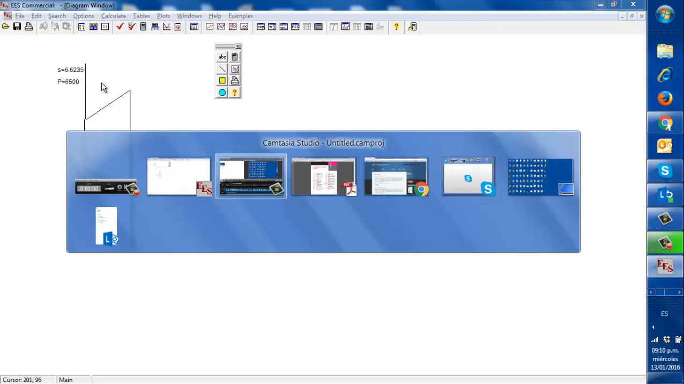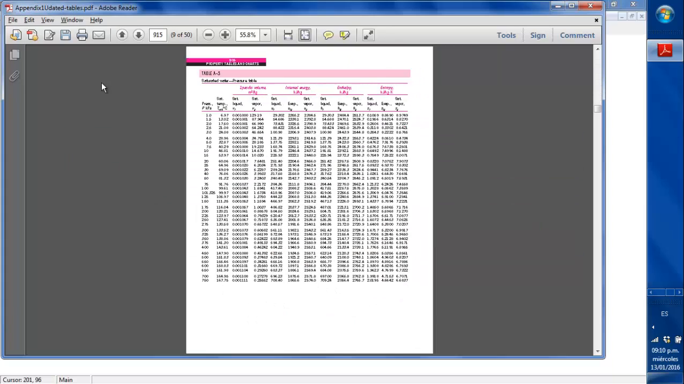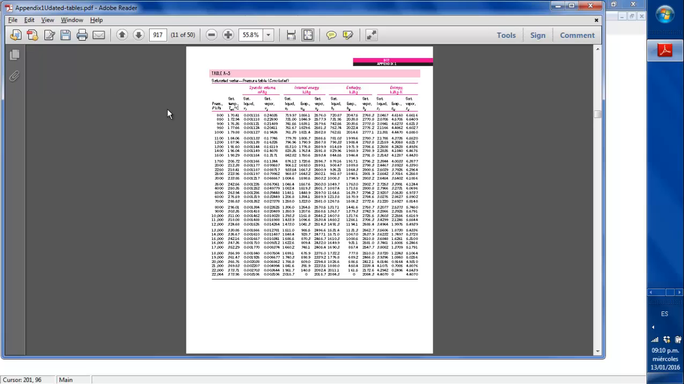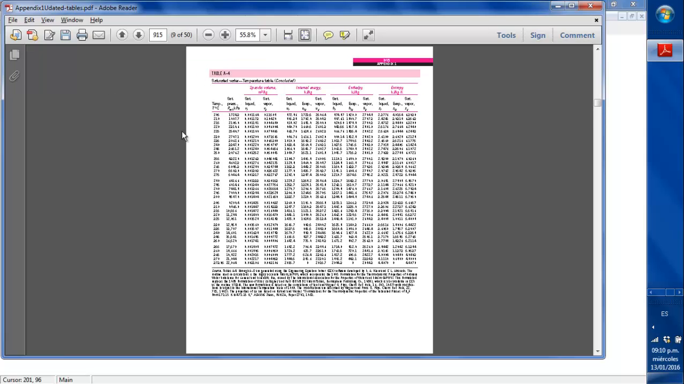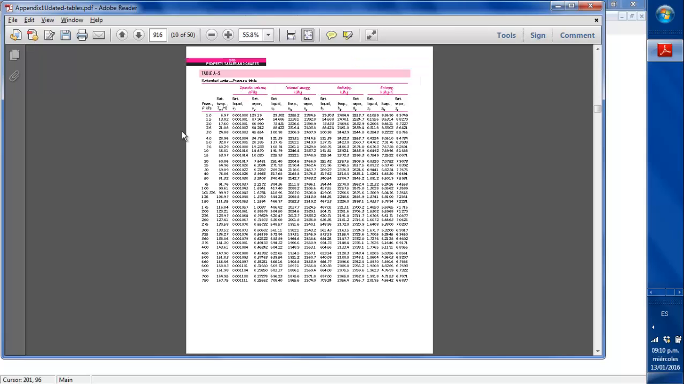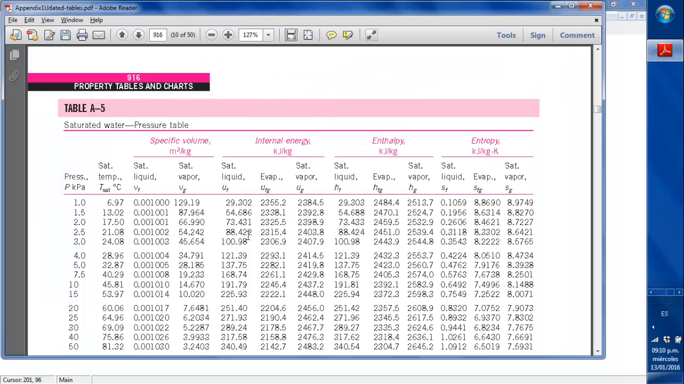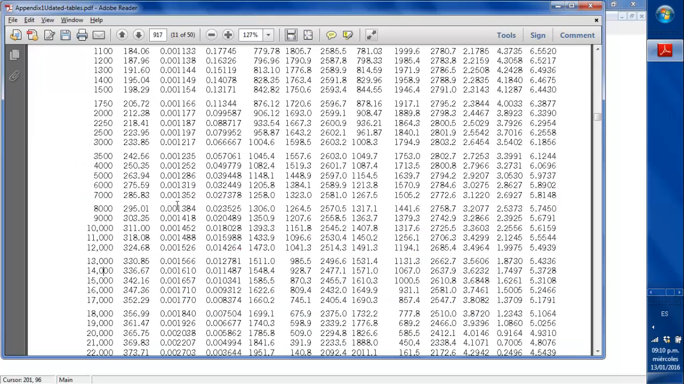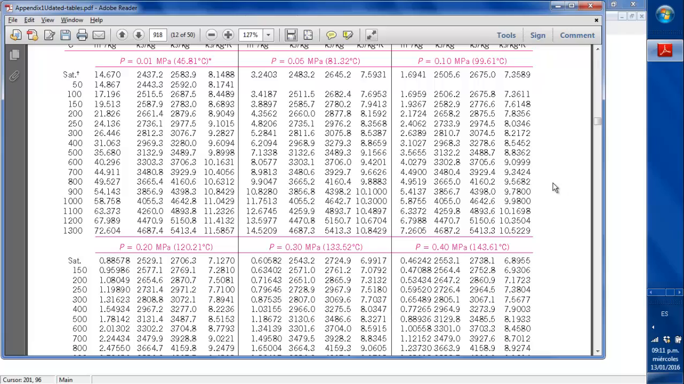So if we go to our tables, first we need to know if it's saturated or superheated. So we go to a pressure table because we know pressure, and first of all we don't have 6500, so we will need to interpolate there, but we know that 6.32 is greater than the saturated vapor, so we know it's superheated. We save that one. We move to our superheated table,